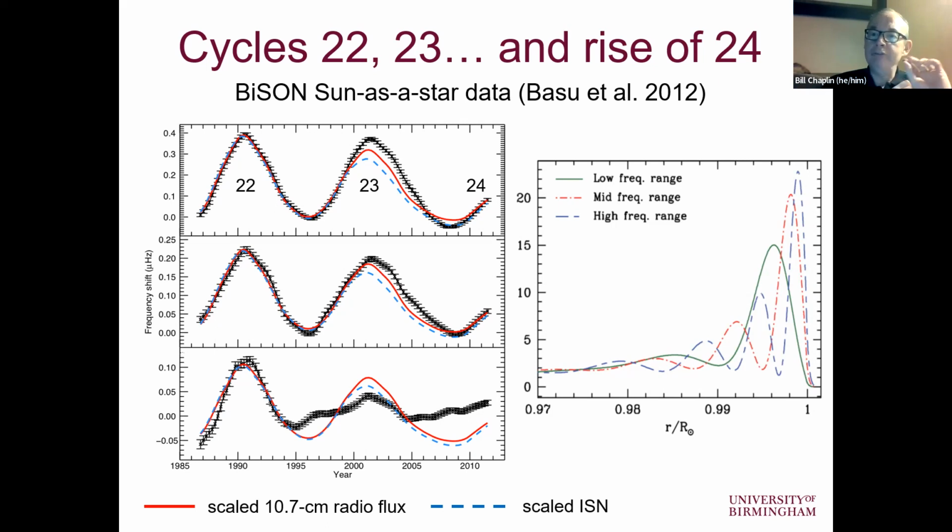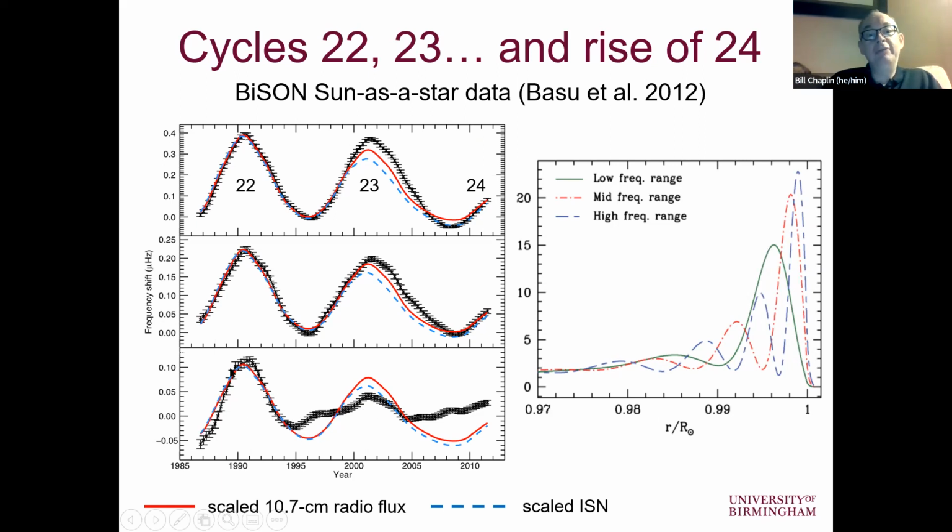But there is going to be a reservoir of magnetic flux, of course, beneath the surface of the sun. And what we think this is telling us here is that actually that layer or reservoir of flux got thinner during this period. And as it got thinner, the low frequency modes, which aren't sensitive to stuff really close to the surface, because that reservoir was getting really scrunched up really close to the surface, started not really seeing any variation in frequency due to that magnetic field. And that's what we can see here.